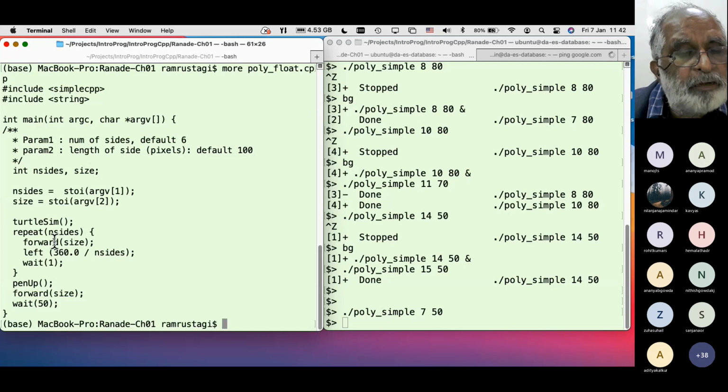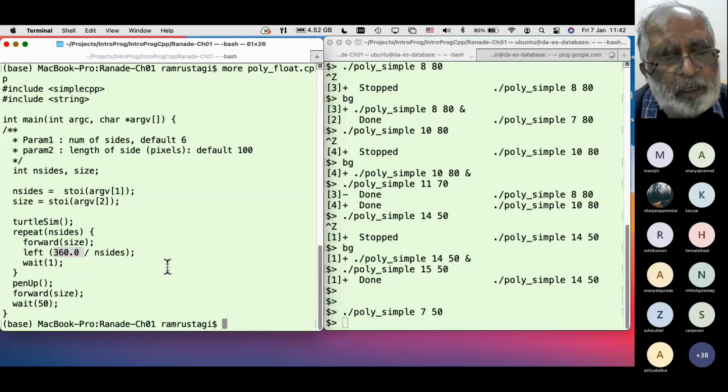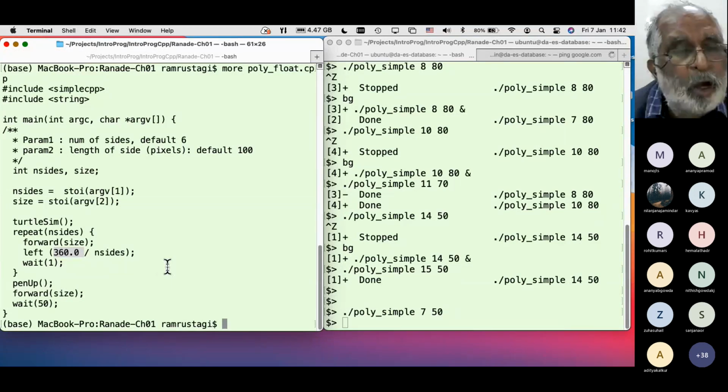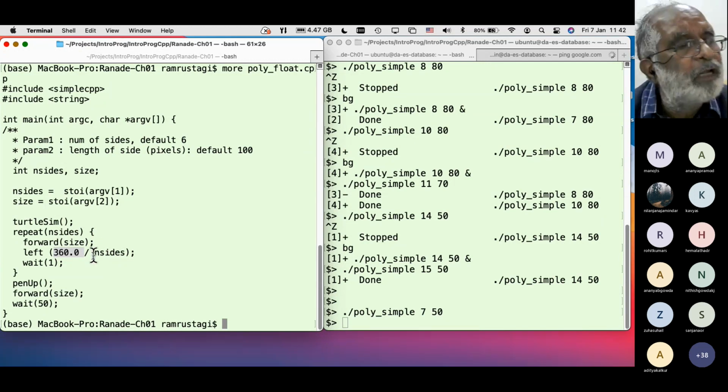Now what I'm doing, the only difference is this. Previously it was 360. Now I said 360.0. I converted an integer to a decimal number. Now when I divide this 360.0 by n sides, I would get an angle with decimals. So now if I run the same program,